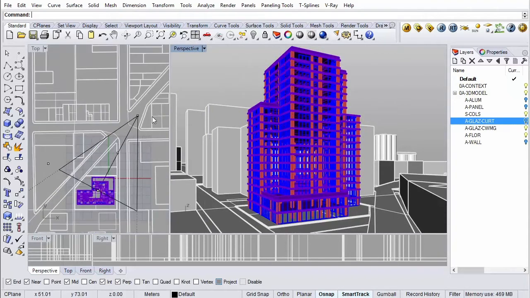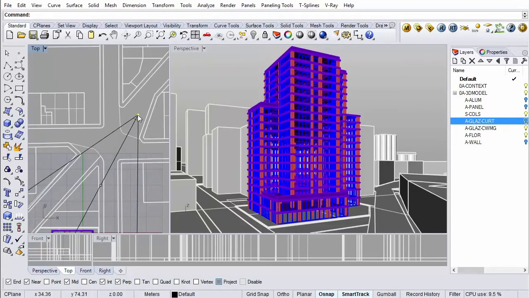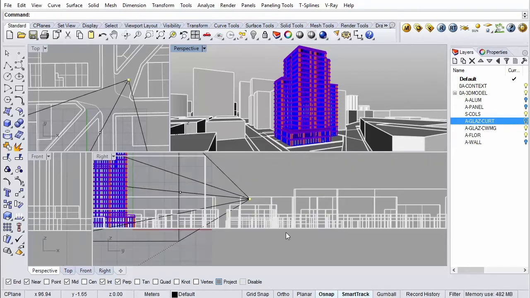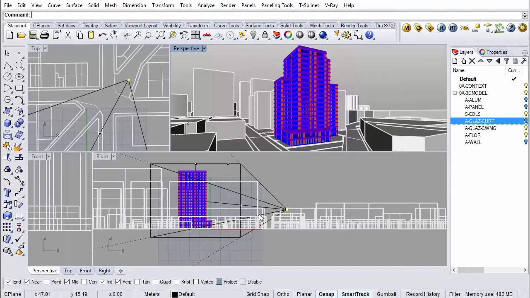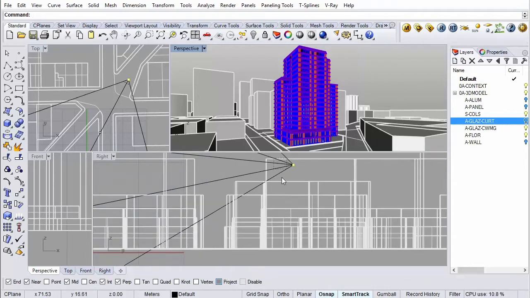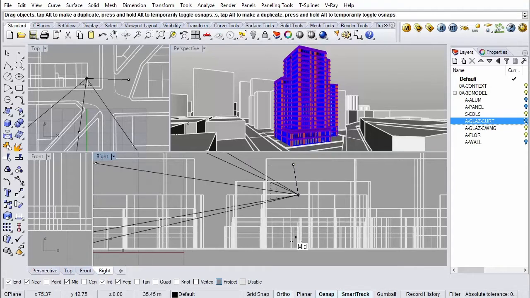So you can see the camera has appeared here. And when I click this point, then I can move it like any other object in Rhino to a very precise height that I've set. So I just go to the right view and I can set the exact height for it. So what I can do is just take it to 0.